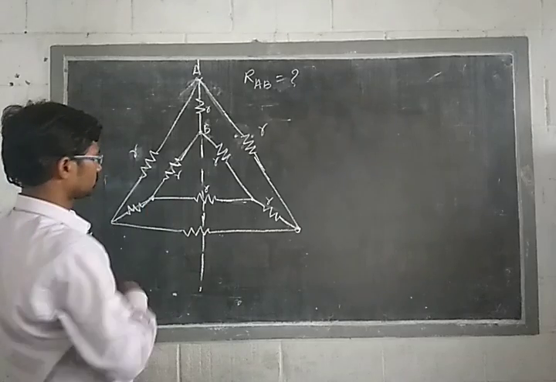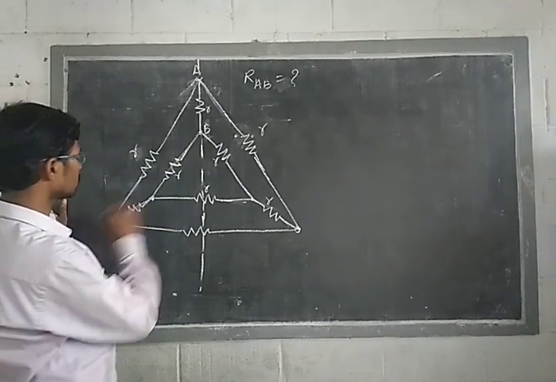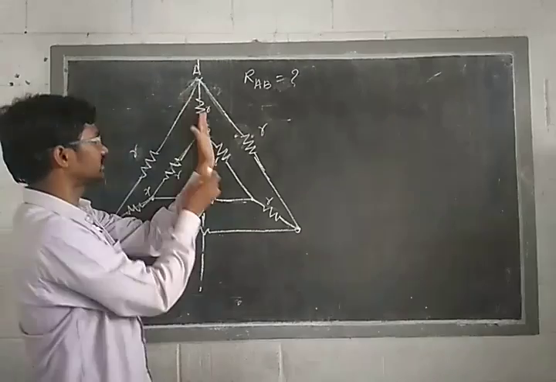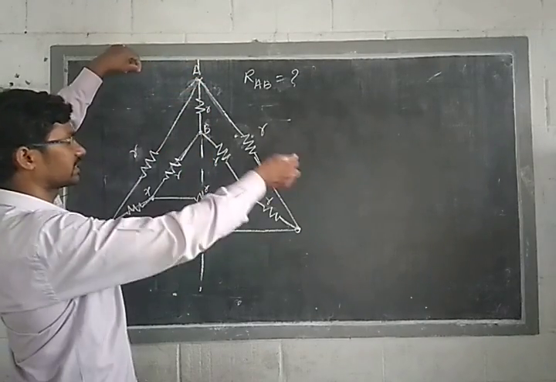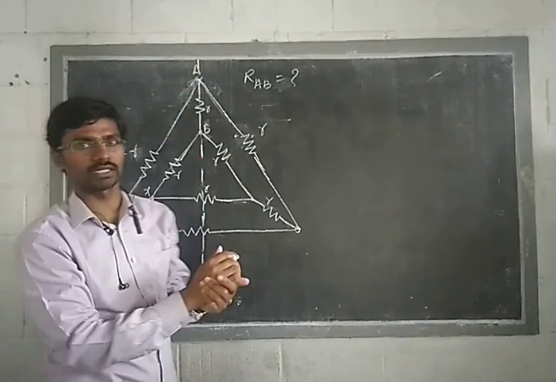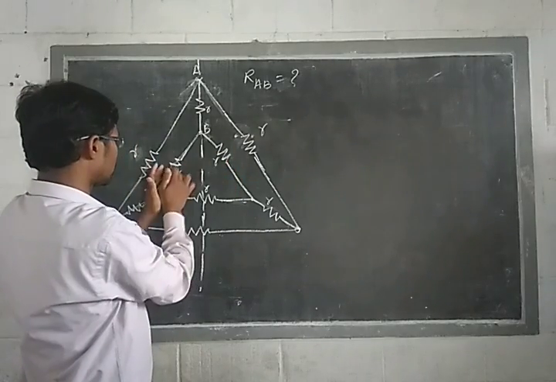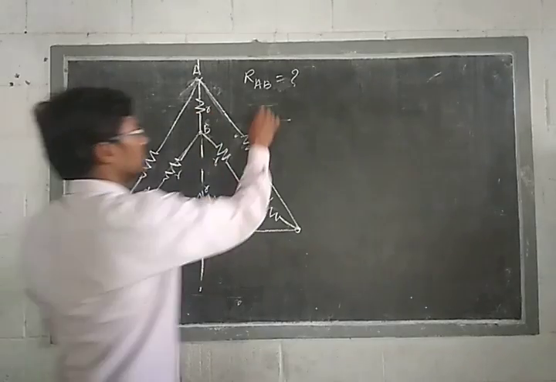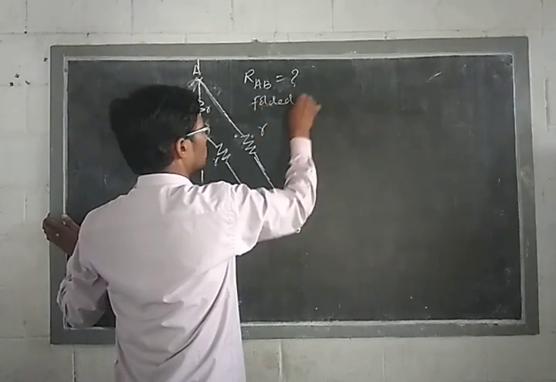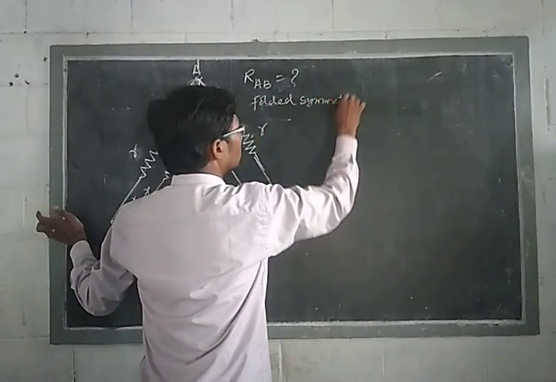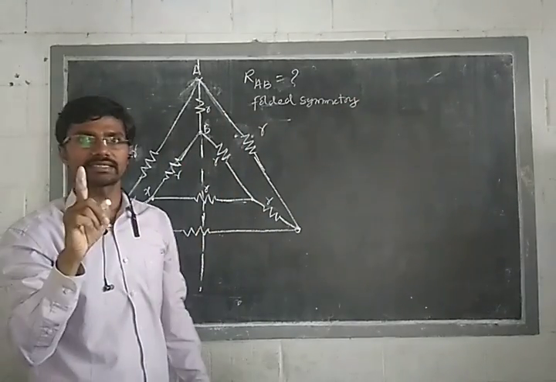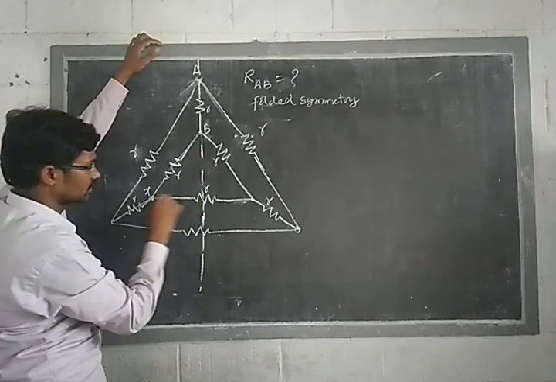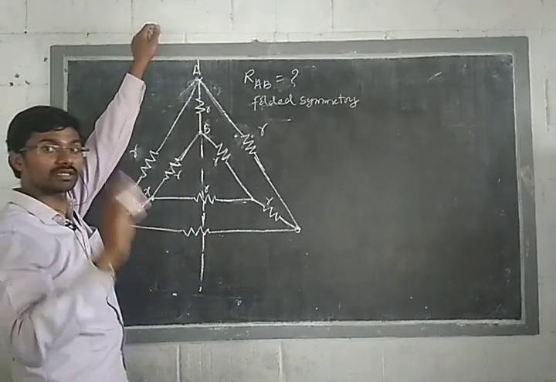Now look at this one. Let me take a point here, X. Look at this one, symmetry. Folded symmetry for this axis, this side is the bottom and this is the upper part. Here R, here R, here R, here R. Then you can take it as a folded symmetry. For folded symmetry, I discussed that the resistances which are perpendicular to this axis are ineffective because the potential difference is 0.